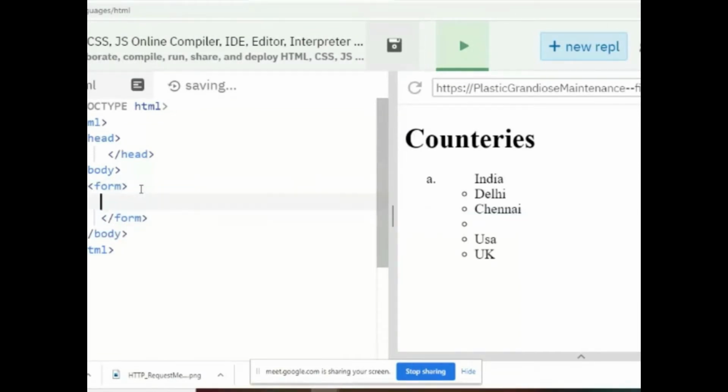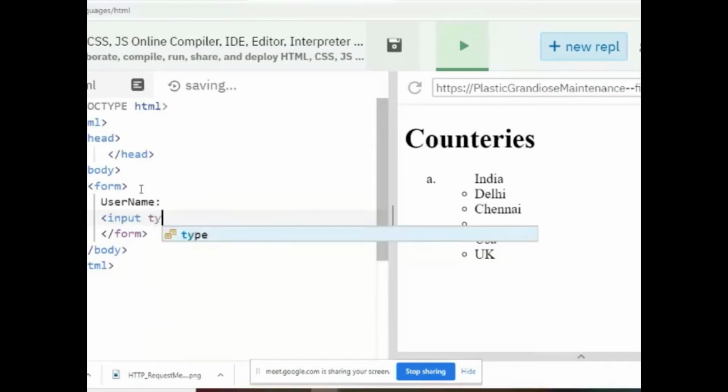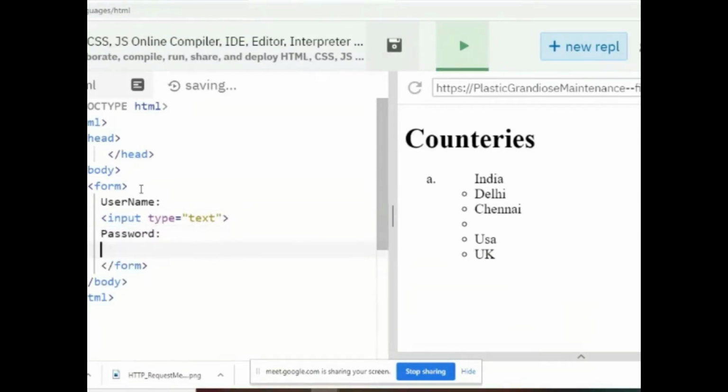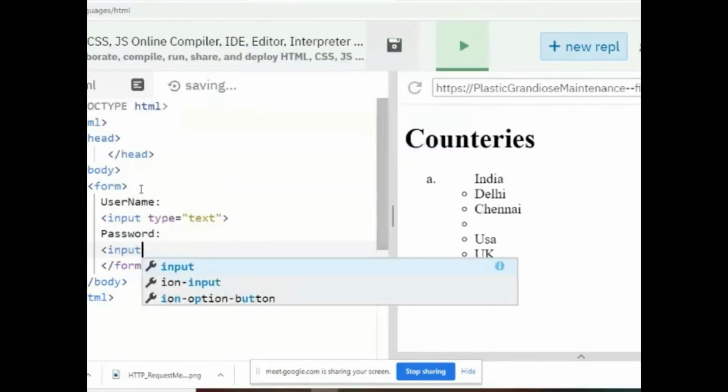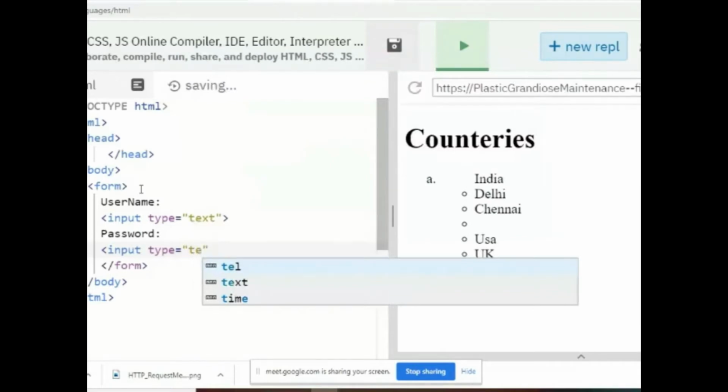Any labels you can give directly. Username. So I'll write input type is equal to text. Next I write password, input type is equal to password.